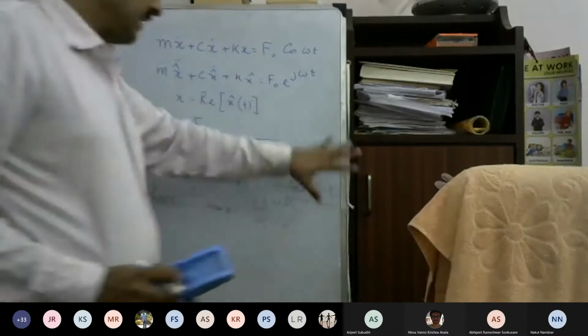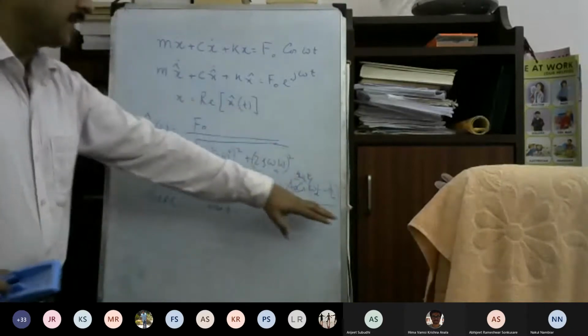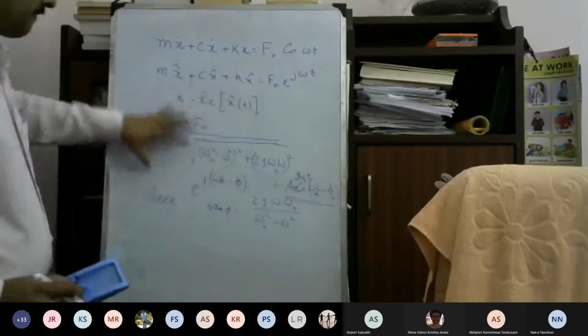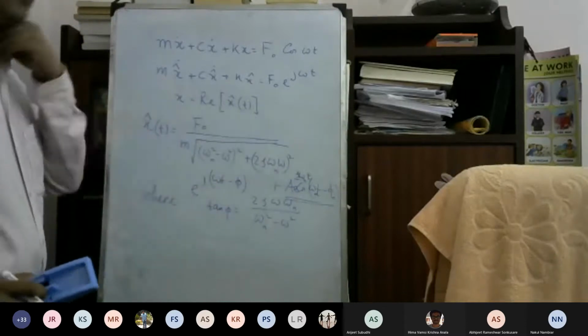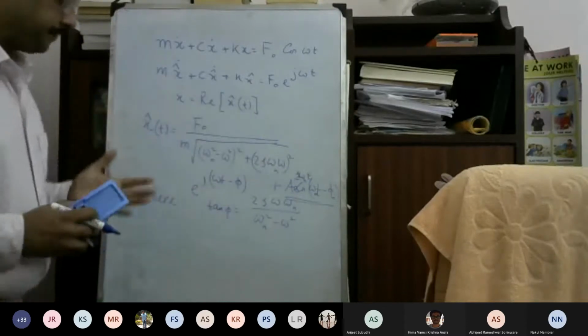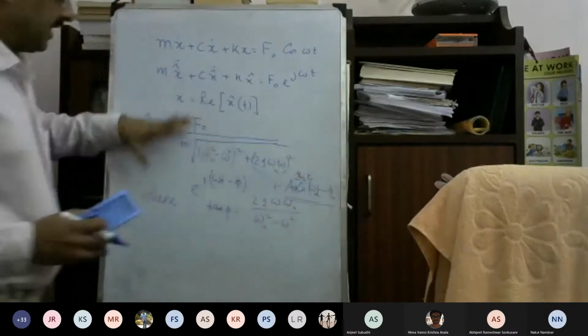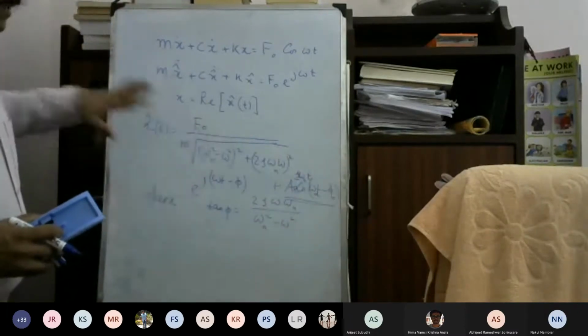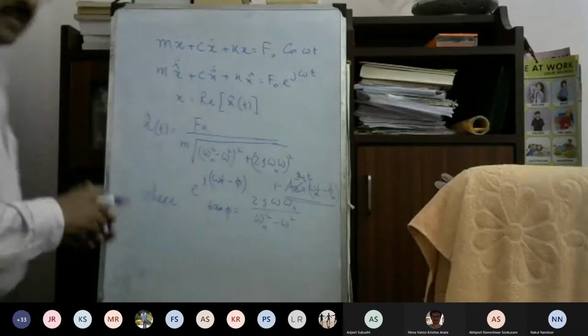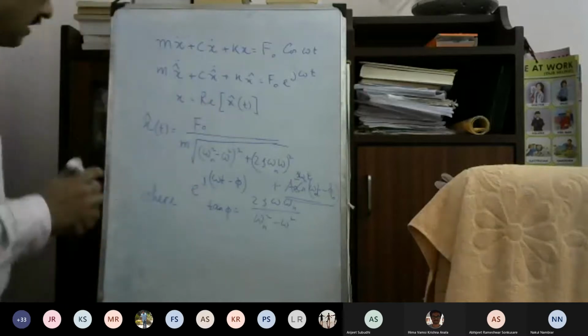So the entire initial condition is absorbed in the second component. The first part is actually the steady state response, which shows that even if this dies down, in the steady state part, that is when t is very large, then this kind of